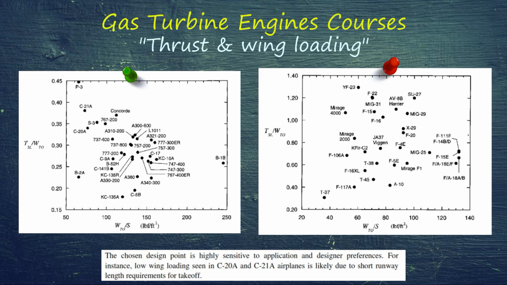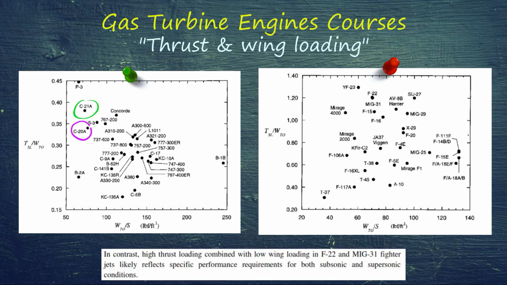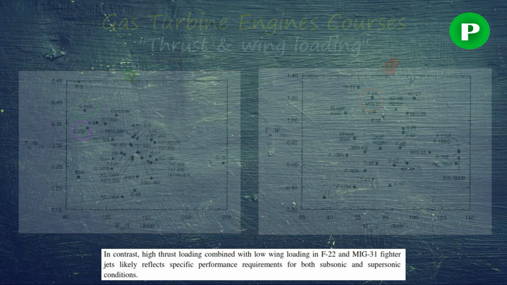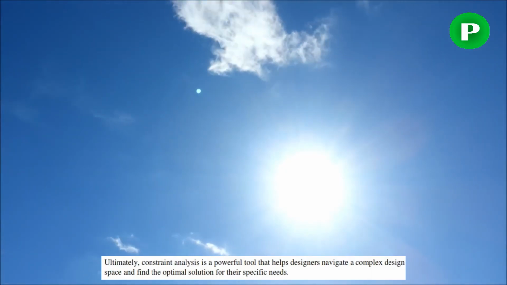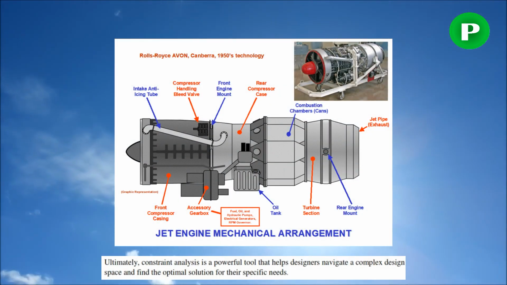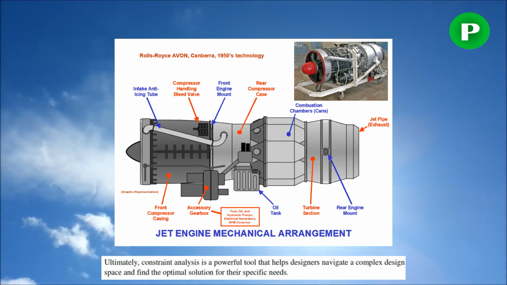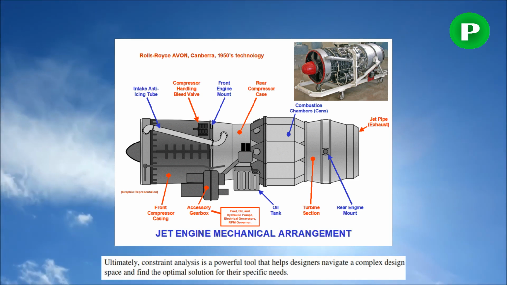For instance, low wing loading seen in C-20A and C-21A airplanes is likely due to short runway length requirements for takeoff. In contrast, high thrust loading combined with low wing loading in F-22 and MiG-31 fighter jets largely reflects specific performance requirements for both subsonic and supersonic conditions. Ultimately, constraint analysis is a powerful tool that helps designers navigate a complex design space and find the optimal solution